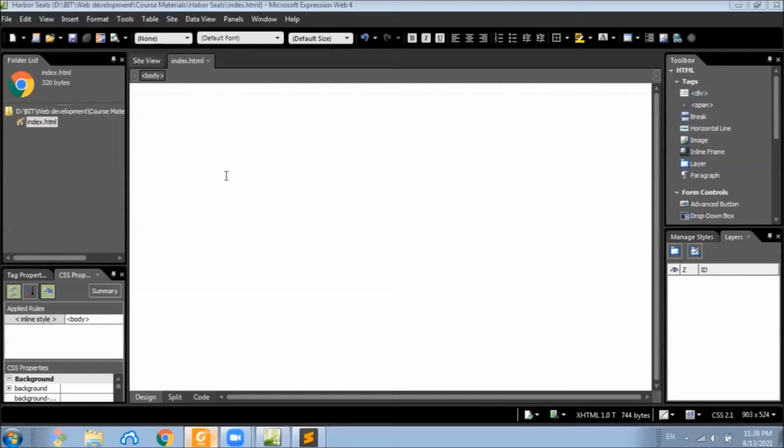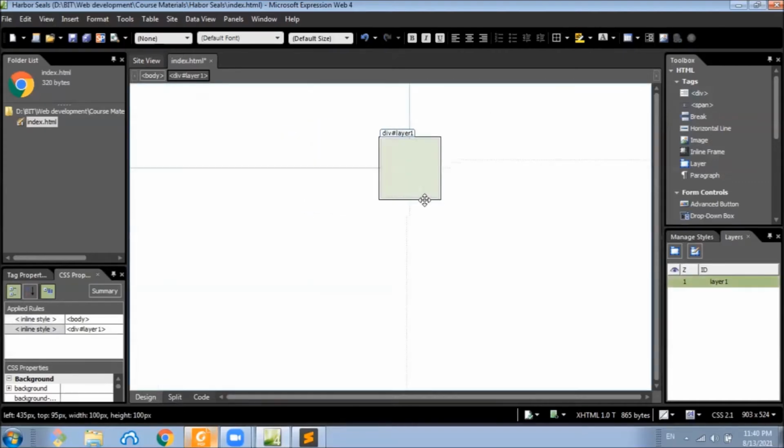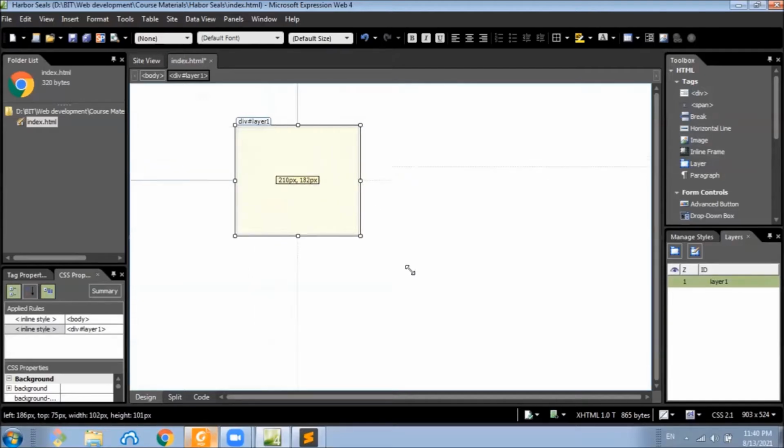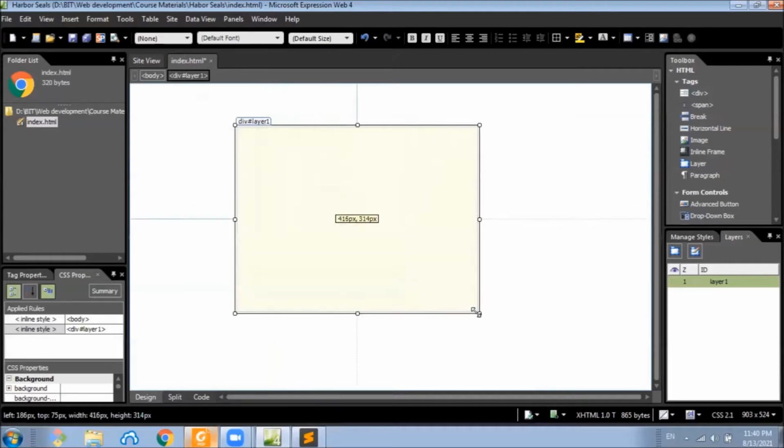To add a layer to this page, click on the layer icon here in the toolbox task pane and drag it to the page like this. The layer will automatically appear in the top left of the page like this. Once we put a layer here, we can even drag and drop it anywhere we want. And we can scale it up or down.